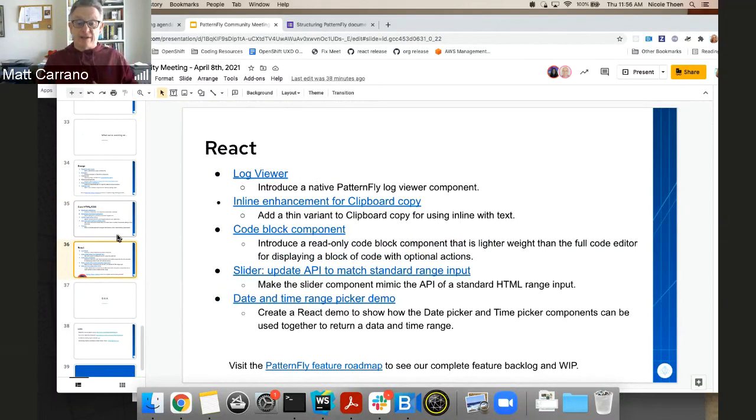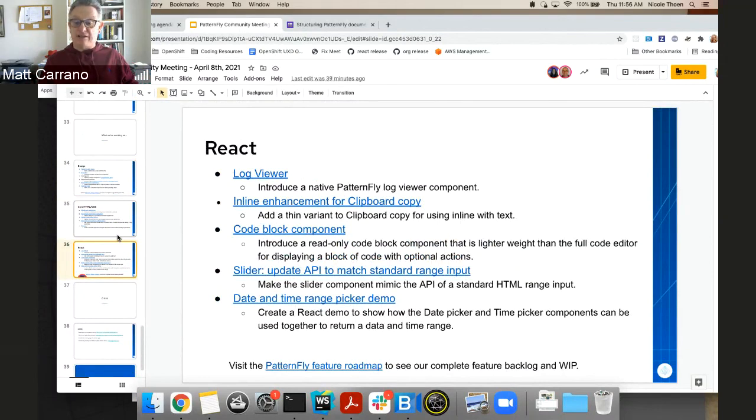We're in the process of updating the API to the slider, so if you're currently using our beta slider component, a heads up on that. We're not using the standard HTML range input.